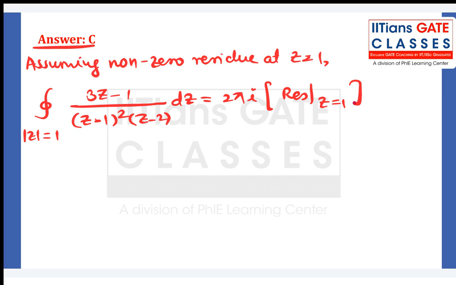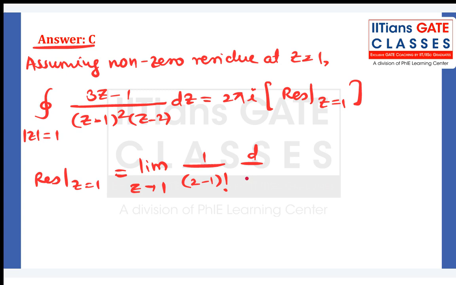Okay. So here, this 2 pi I, or maybe we'll evaluate the residue at z equal to 1 directly, and then put it in this thing. It is nothing but limit z tending to 1. Okay, and then there will be 1 over (2 minus 1) factorial, because it's a double pole, so that 2 minus 1 comes into the picture, and then you have to differentiate it once with respect to